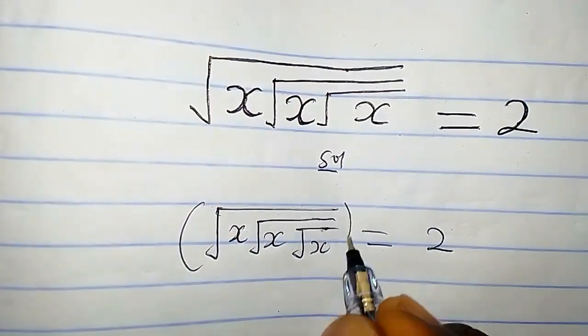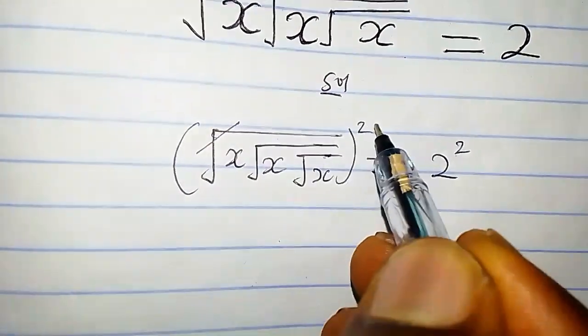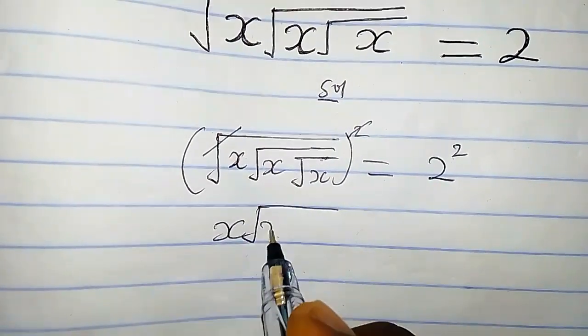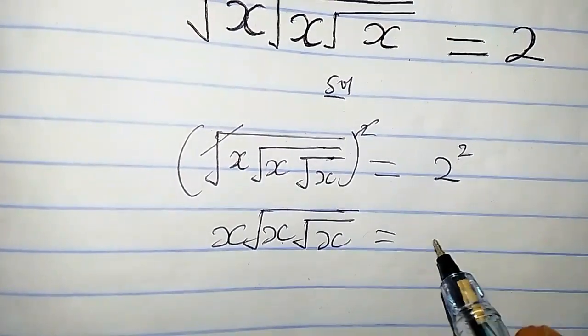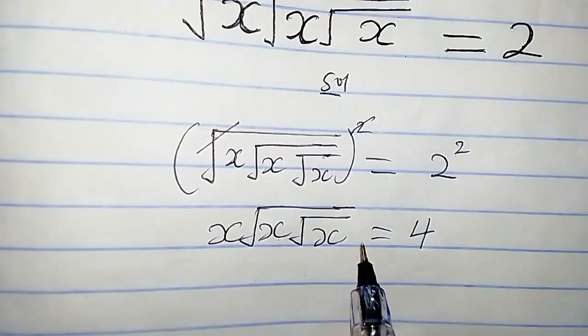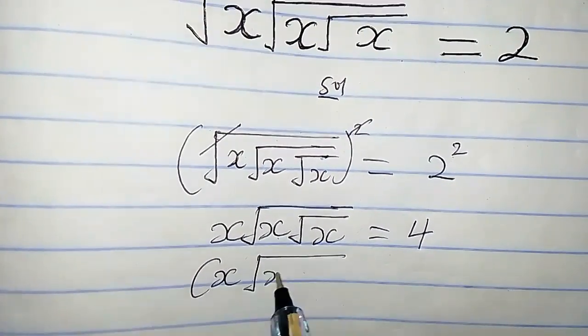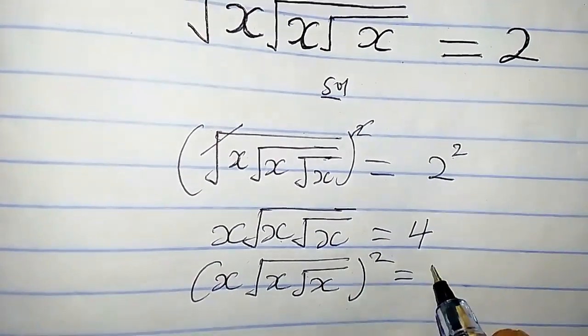So we're going to have squared. Clearly, this bigger square root takes care of this 2. So we are left with x times square root of x times square root of x, which equals 2 squared, that is 4. So let us also square both sides of this equation again. So we're going to have x times square root of x times square root of x all squared equals 4